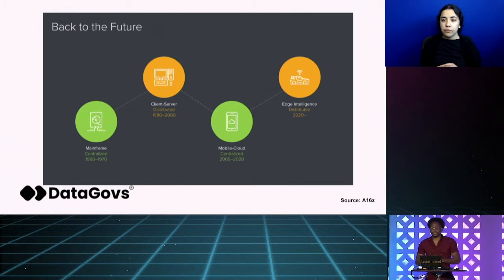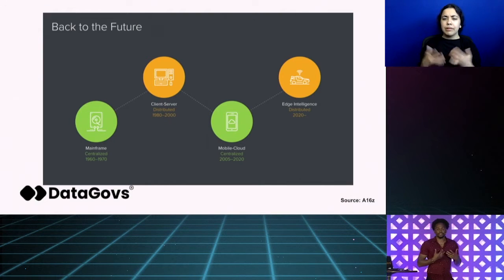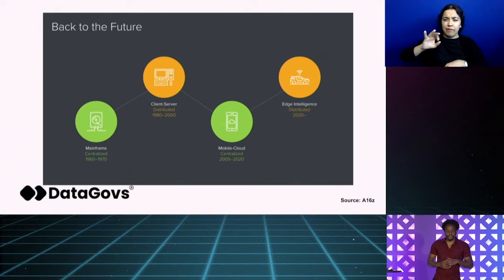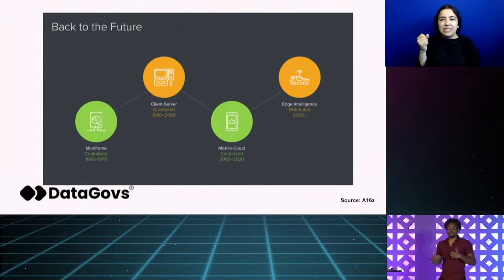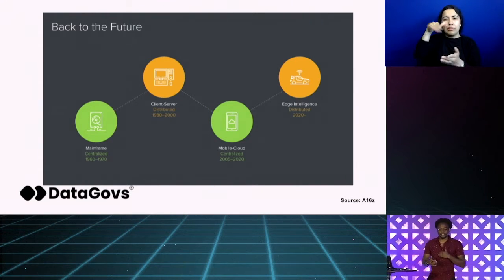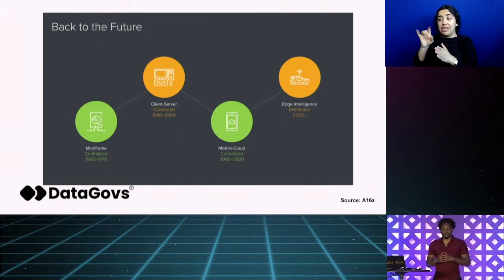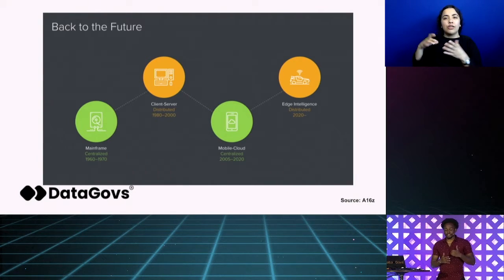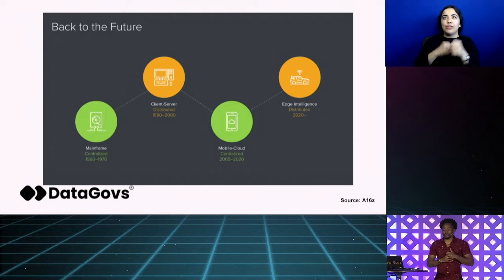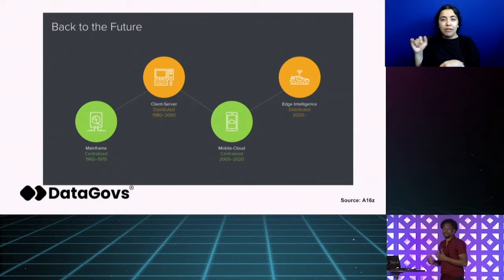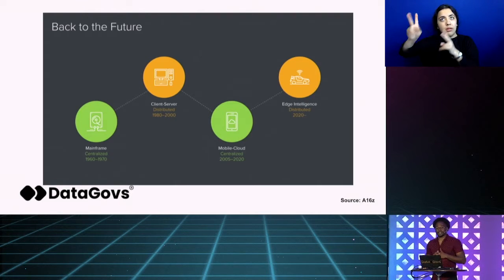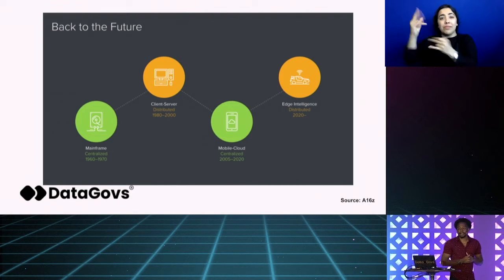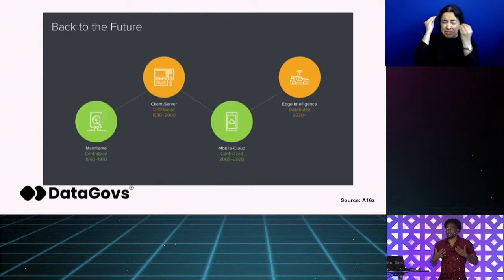And this gets to some things, right? If you look at the history of compute, the 1960s to the 1970s were around mainframes and centralized data. Then we got to the 1980s to the 2000s, which is about client-server, which is distributed. Then we got to 2005 to the 2020s, which was really focused on mobile and cloud. Cloud computing took over. People began to start putting more things in the cloud. And today, we live in a world where the cloud is getting tons of data, petabytes, terabytes of data.